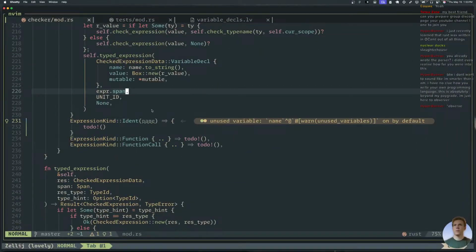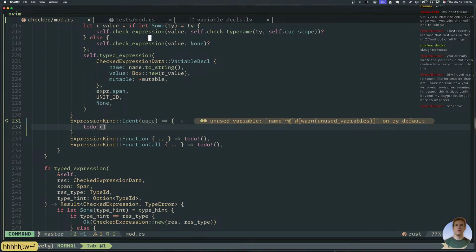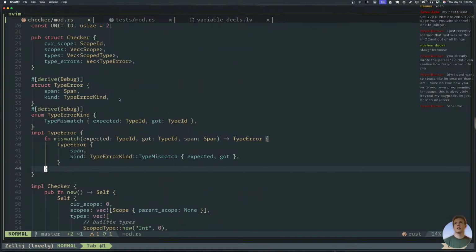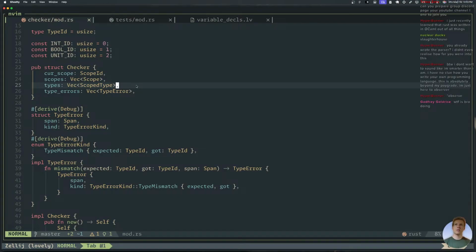Sorry, okay. How to do this? So probably, right, we have the types here, scope type. I try to have a vec of scoped vars too, right?